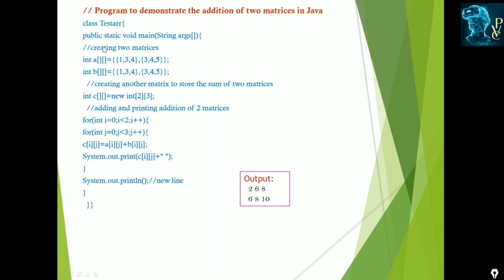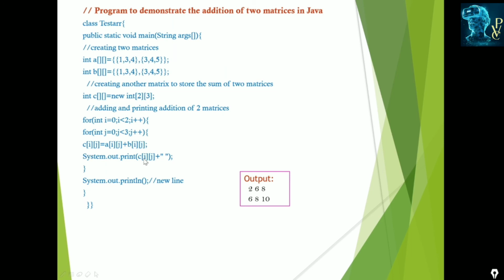Okay, so here we are declaring 2 integer arrays A and B with 2 dimensions. This is the first row and second row, and this is the first row and second row for the second matrix. To add these, we need another array C. In this we have 2 rows and 3 columns. Okay, so for adding, for the row index we need i, and for the column index we are using j. A of ij plus B of ij is added into C of ij, and it can be displayed.